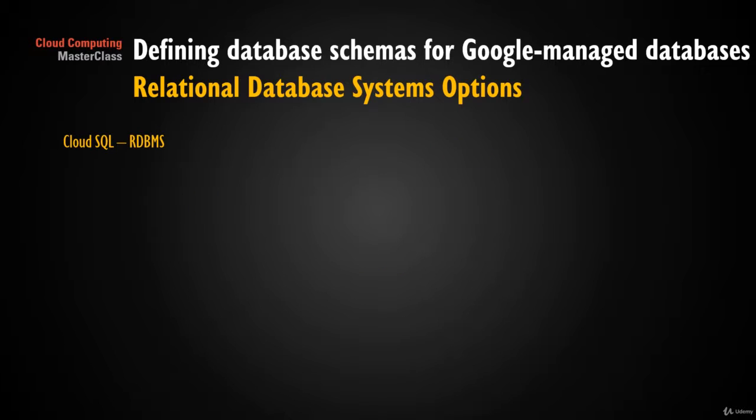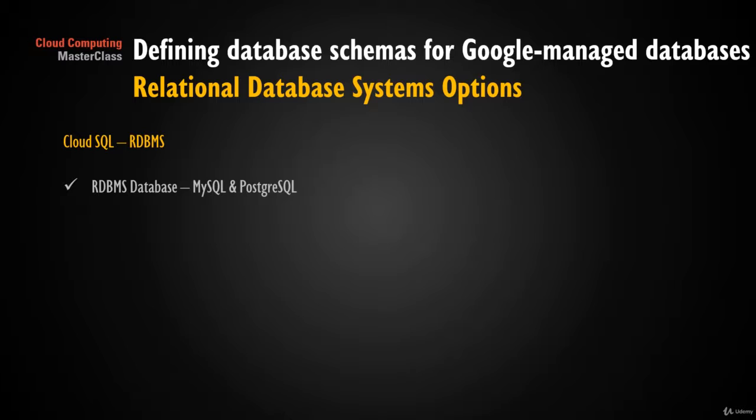Let's start with the relational database management system, which is the traditional database management system available for us to use. Cloud SQL is the RDBMS offering on Google Cloud Platform, out of which they offer MySQL enabled in Google Cloud. That is one option, and the second option is PostgreSQL. Both of these database offerings are now generally available, so you can use them for production purposes. Those are MySQL and PostgreSQL.